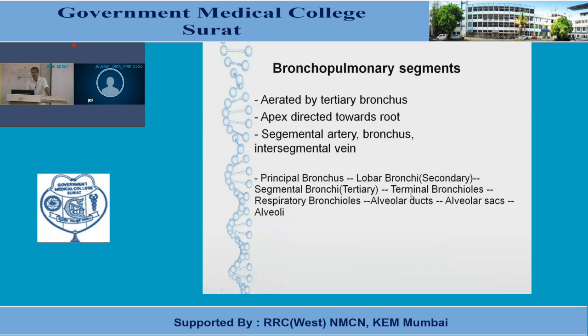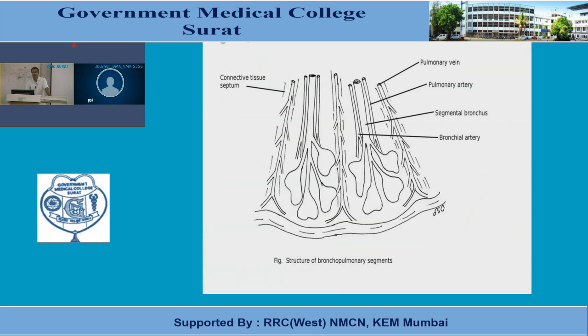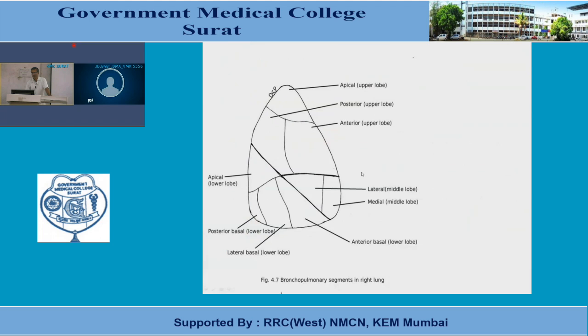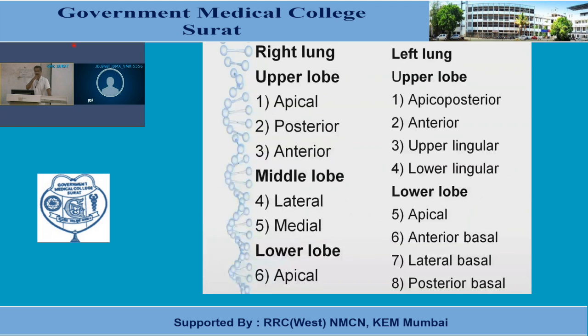Now this tertiary bronchus will divide into terminal bronchus, then respiratory bronchioles, then it will form alveolar duct, then alveolar sacs, and finally alveoli. But these segmental bronchi will form separate bronchopulmonary segments. And in relation with the bronchopulmonary segments in the right lung and left lung,